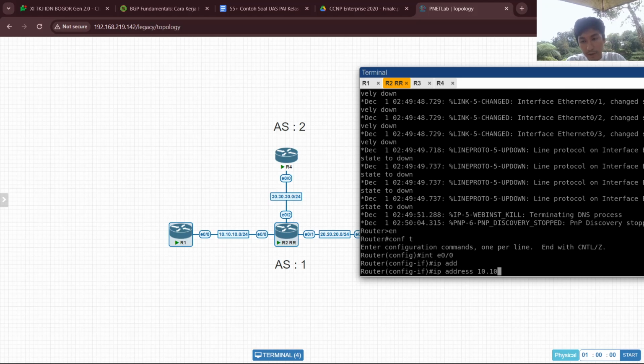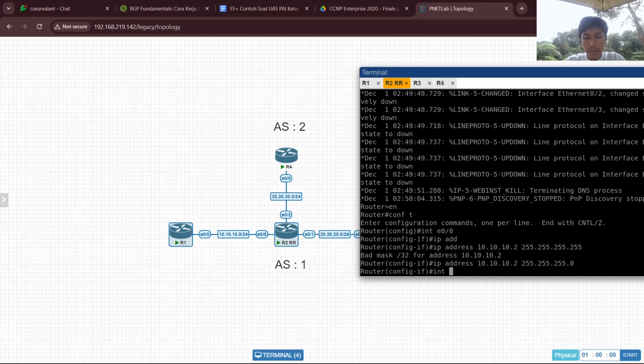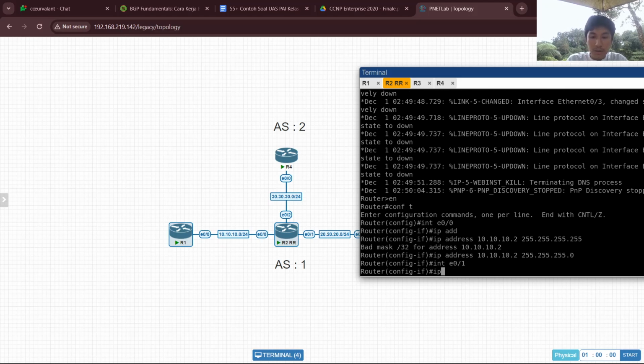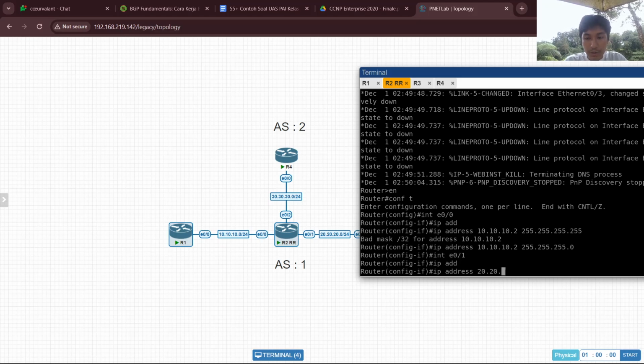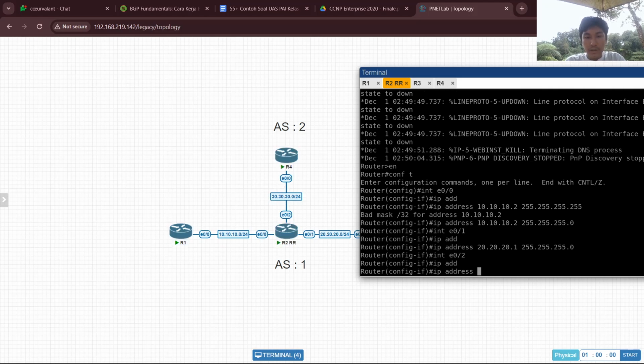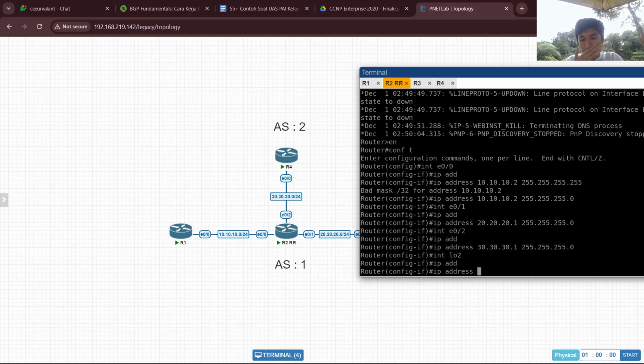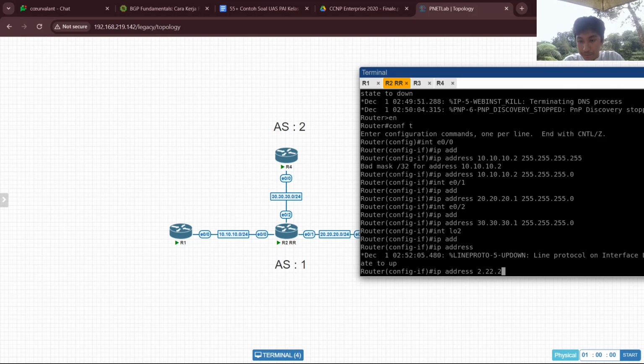Then the IP address that connects to router 3, 20.20.2.1, and then the one that connects to router 4 on this link, 3.3.3.1, and then the loopbacks to be the router ID for BGP later.